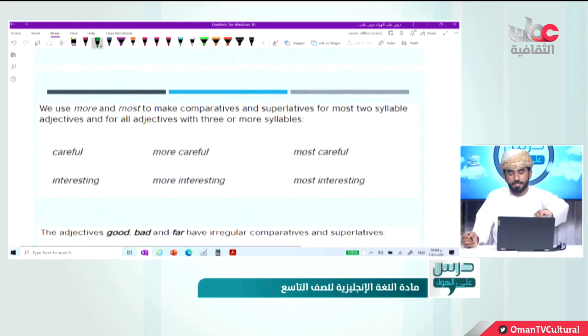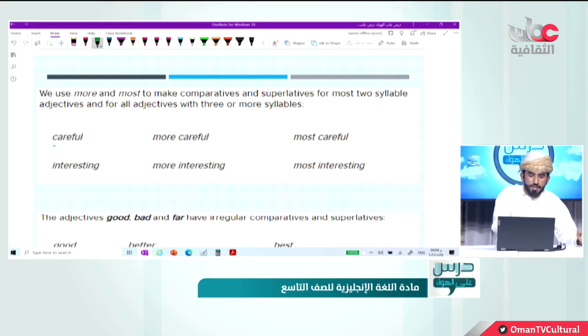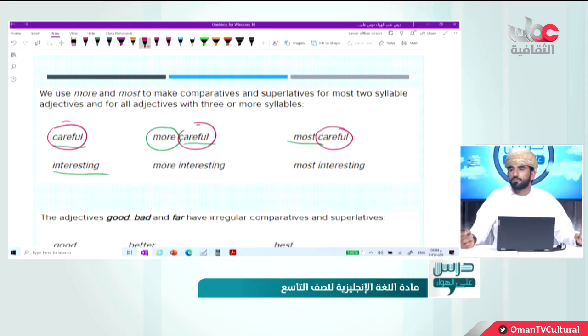Nice, very nice. Okay, just to add more information to your knowledge, you've got careful. I don't want you to read the top of it, but really focus with me. You've got careful and also interesting. Look, more careful. Do you remember we said more expensive? Why did we say more careful here? Because, yes, it contains more than one syllable. And also most careful, again, doesn't change. Look, careful, careful, careful. We don't make any kind of changes.